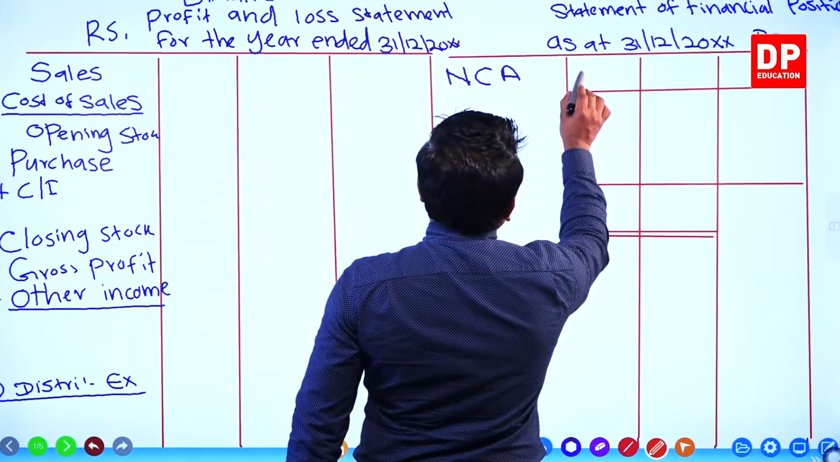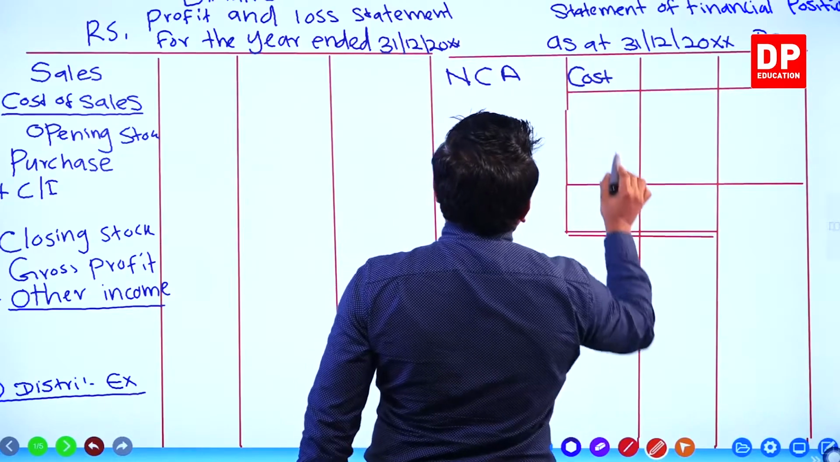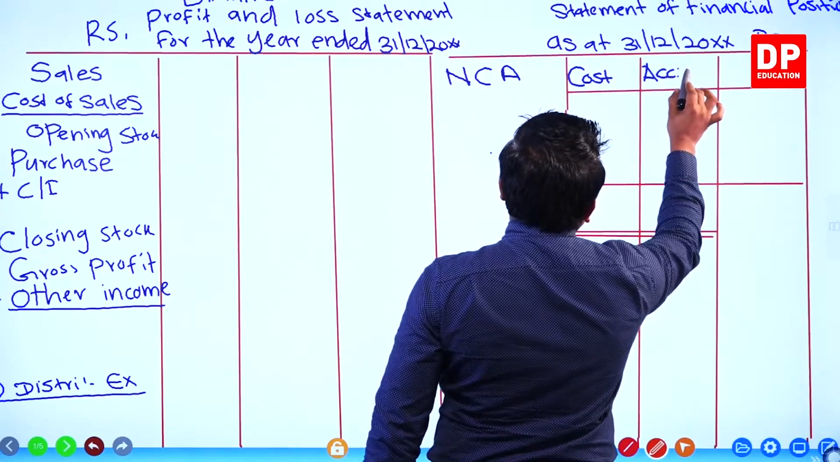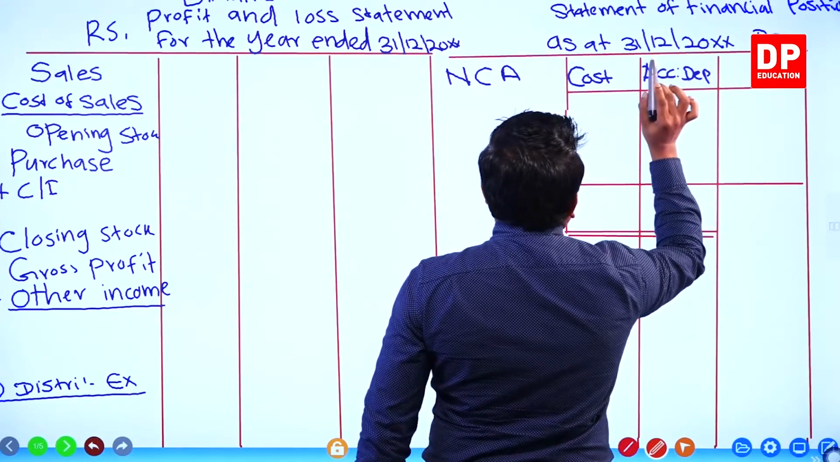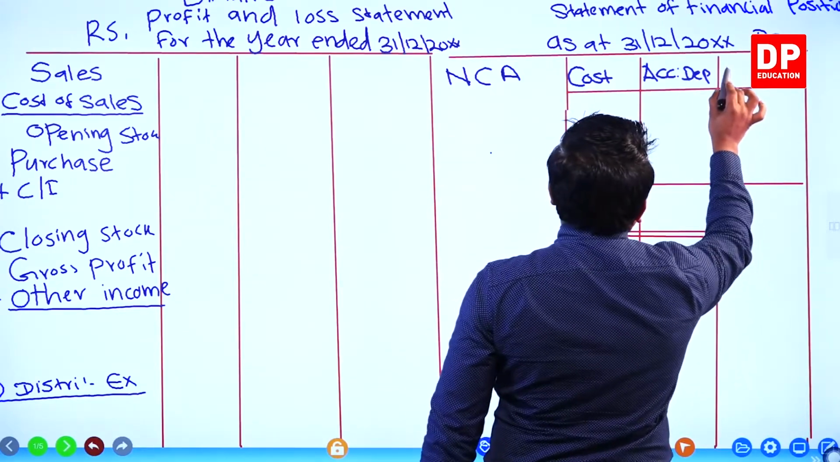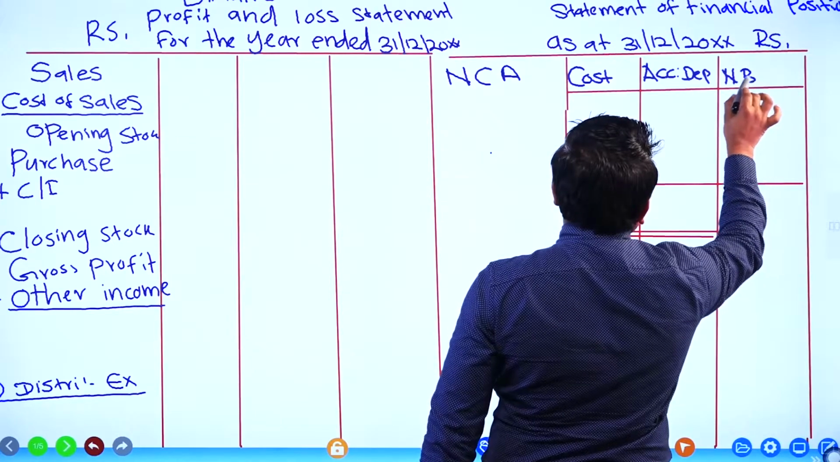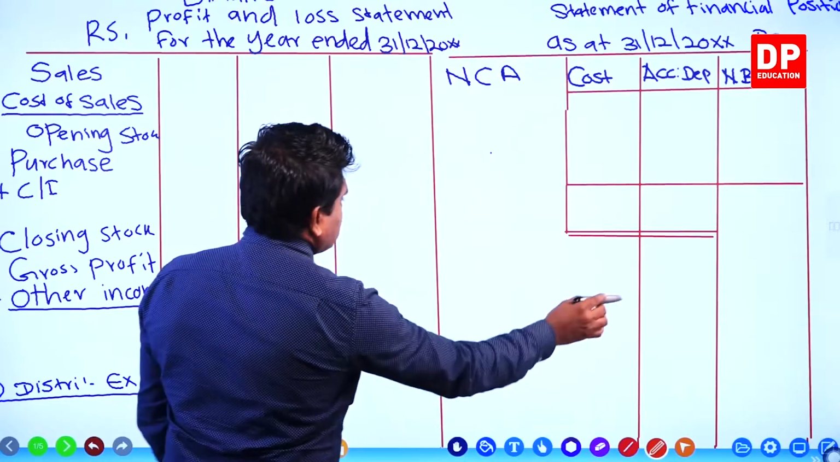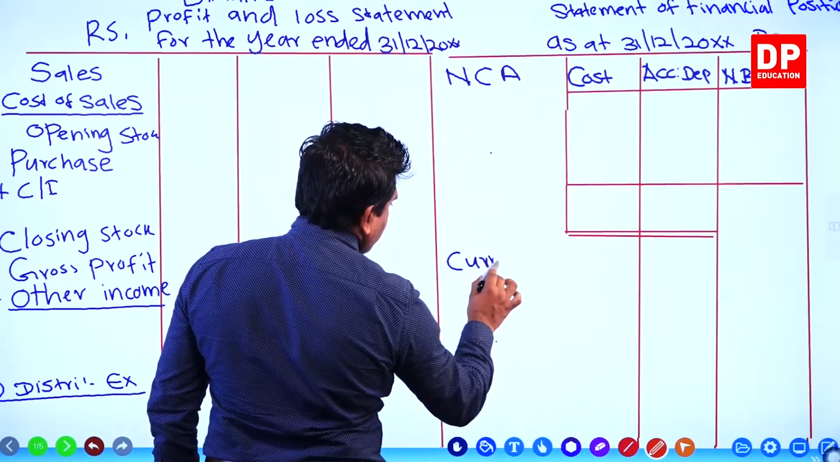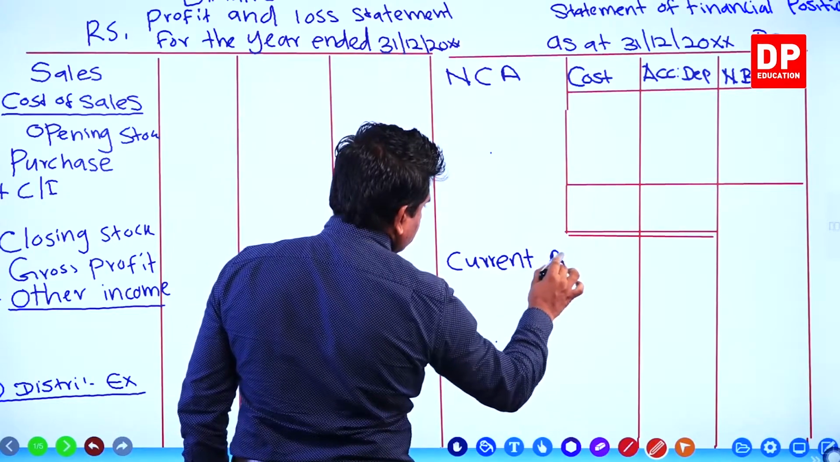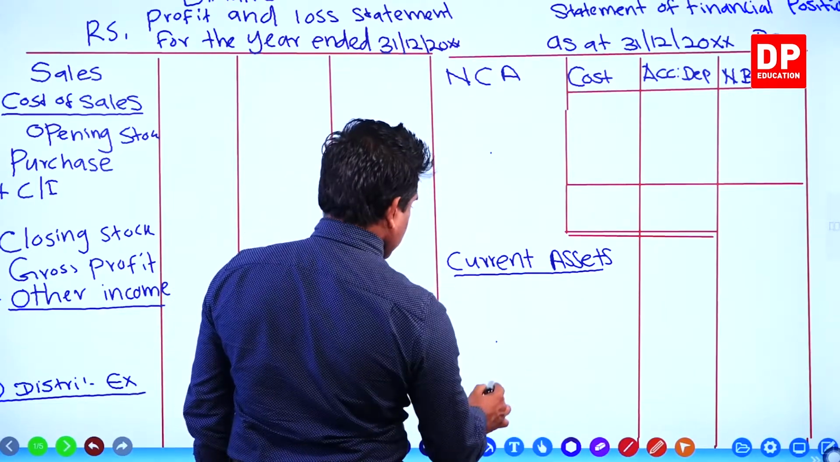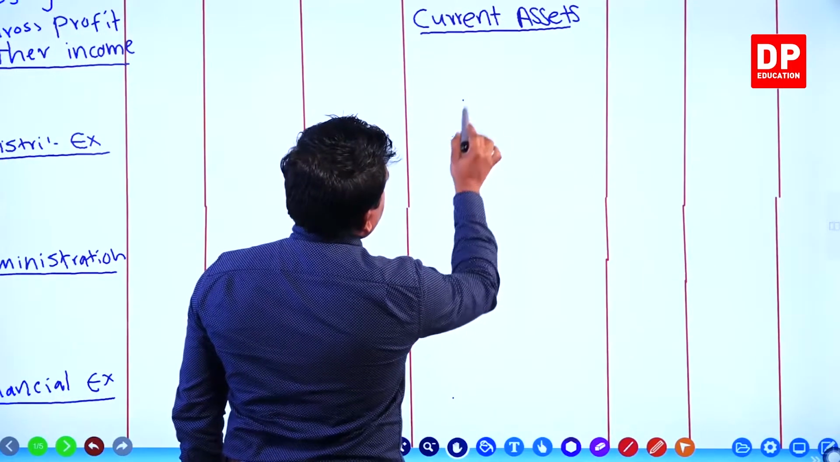Here cost, all the cost of the non-current assets. Here accumulated depreciation, ACC DEP, accumulated depreciation. Here net book value. After the depreciation, the value is net book value. Then this area is enough for non-current assets. After that, current assets. Underline. Then you give enough space, current assets. Then you give enough space. After that, we add